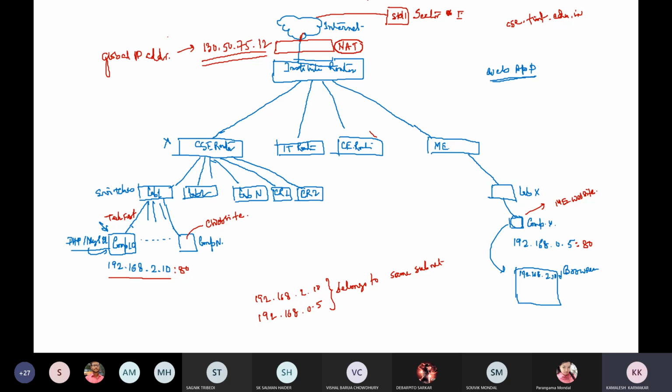So the external users, that means the users who are sitting outside of this college network, say client 1 or client 2, in that way we have lots of clients trying to access this website. A connection will be established between their machine and this IP address.